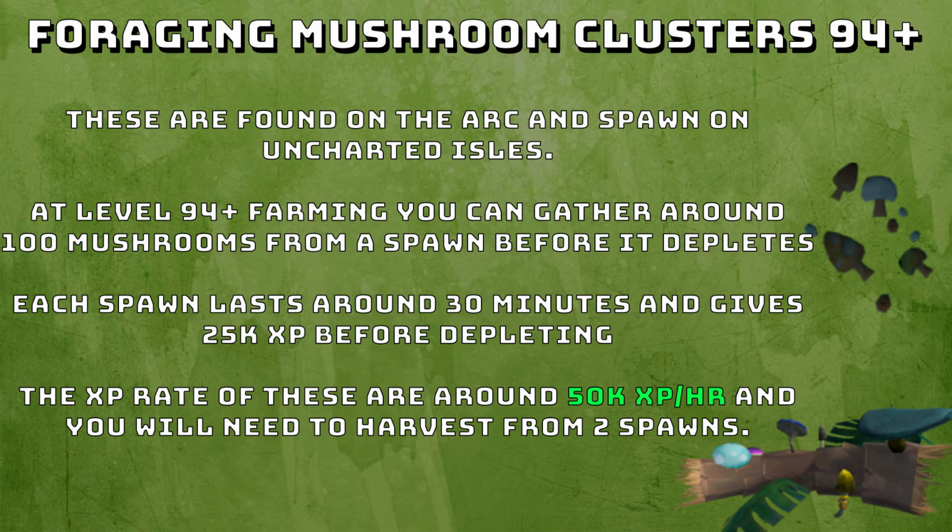Before I finish this video, I just want to quickly mention foraging mushroom clusters at 94+ on the Ark. These mushroom clusters are found on the Ark and spawn on uncharted isles. At 94+ farming, you can gather around 100 mushrooms from a spawn before it depletes. Each spawn lasts around 30 minutes and gives 25k XP before depleting. The XP rate of these are around 50,000 XP an hour, and you will need to harvest from 2 spawns